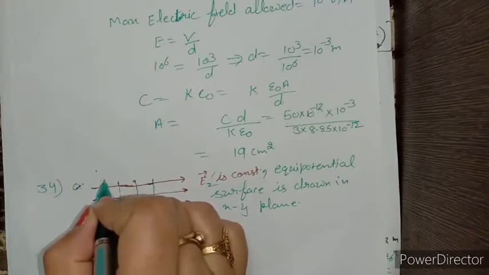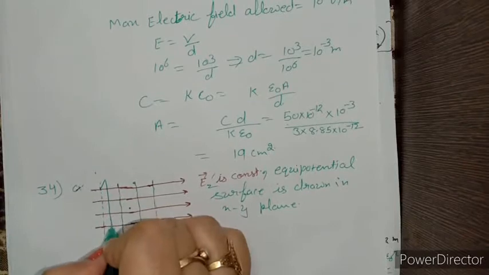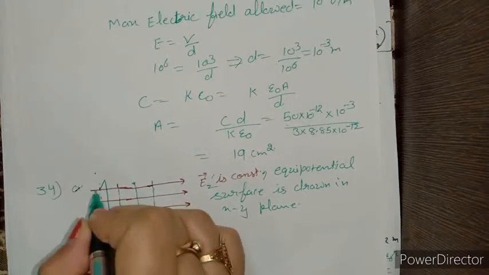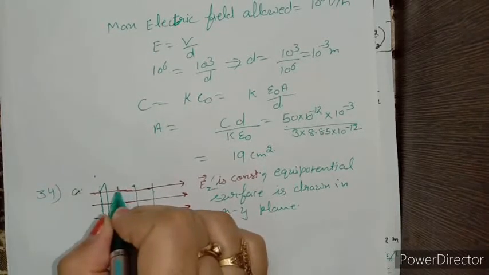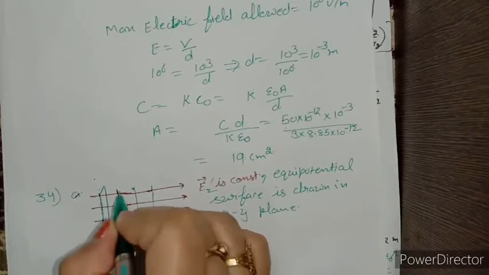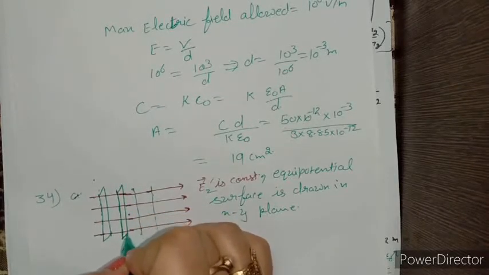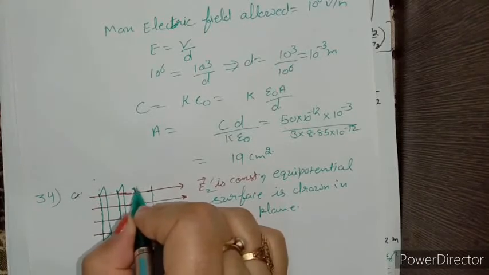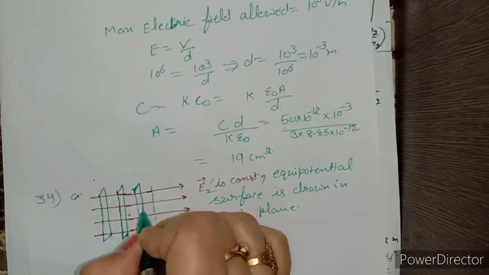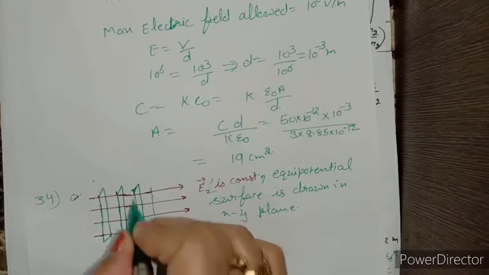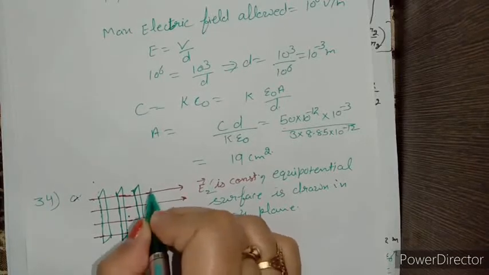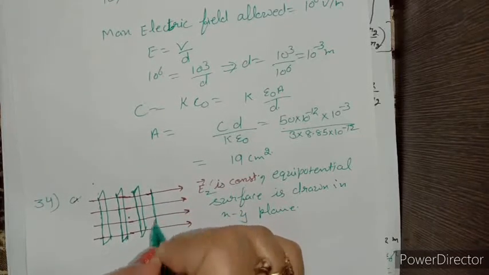Now we draw the plane. We have this. These are the equipotential surfaces